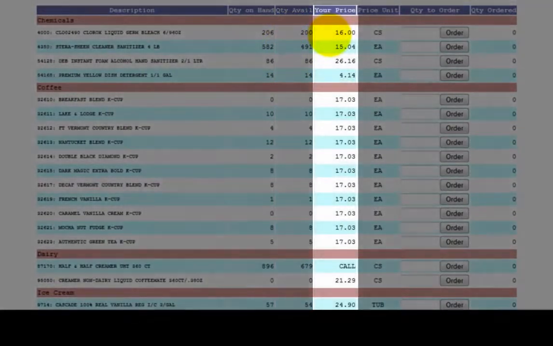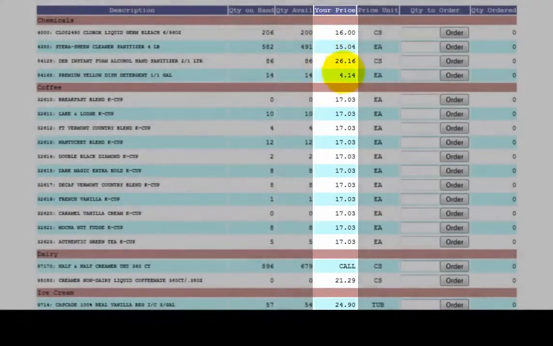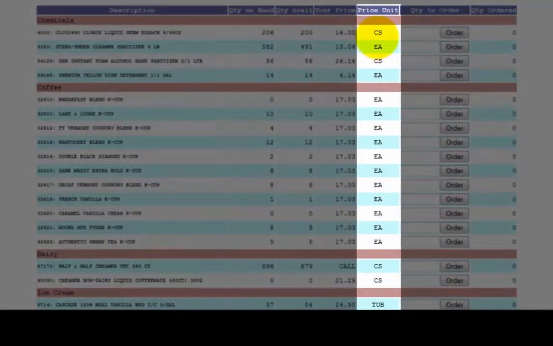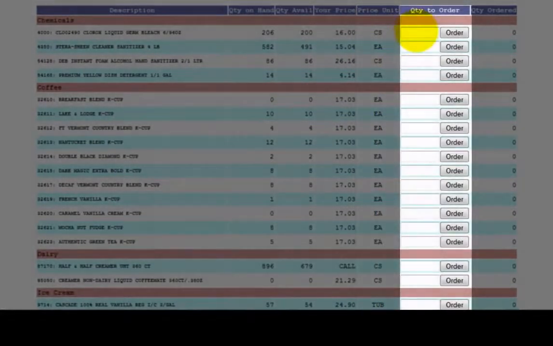It lists your price for that item, price unit, which is the unit of measure for that item. For this specific item it is case, and the item below is an each. The next column is quantity to order, which is where you're going to be entering the number of units that